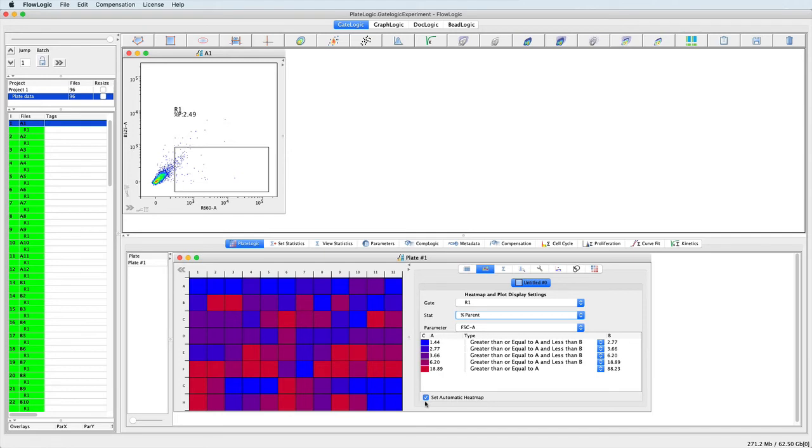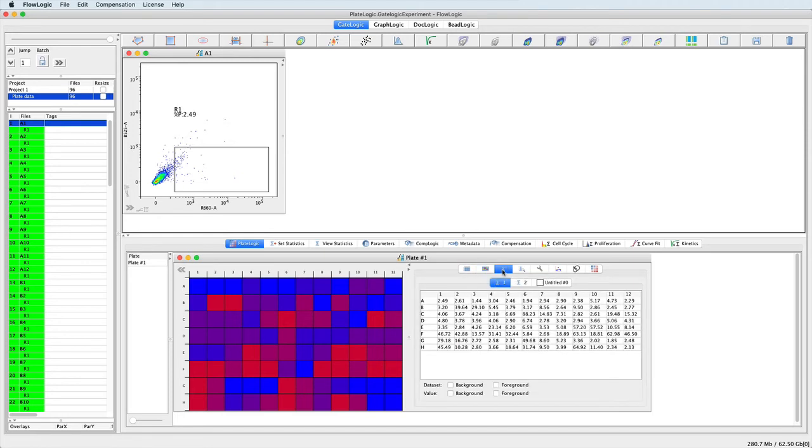Of course, the user can customize the heat map by turning off the automatic setting, double-clicking in the value column and typing in a new value. So as you can see, this could potentially be a very useful way for identifying samples that sit above a particular threshold. These results can be displayed under the Statistics tab in a table that can be coloured to match